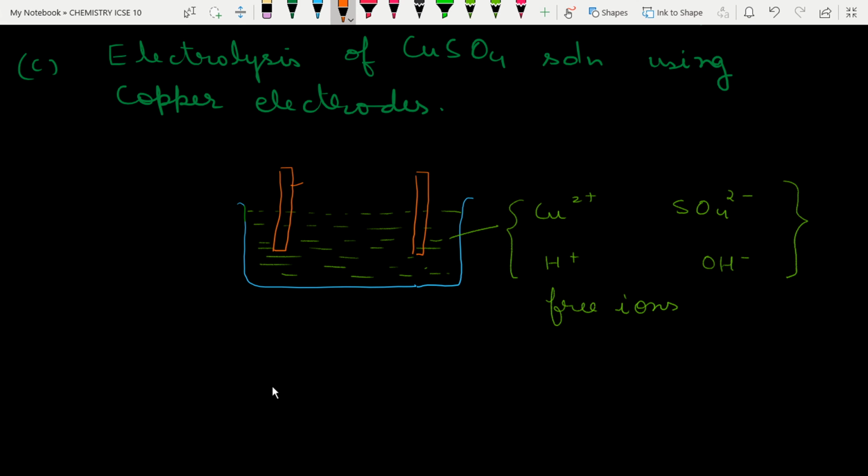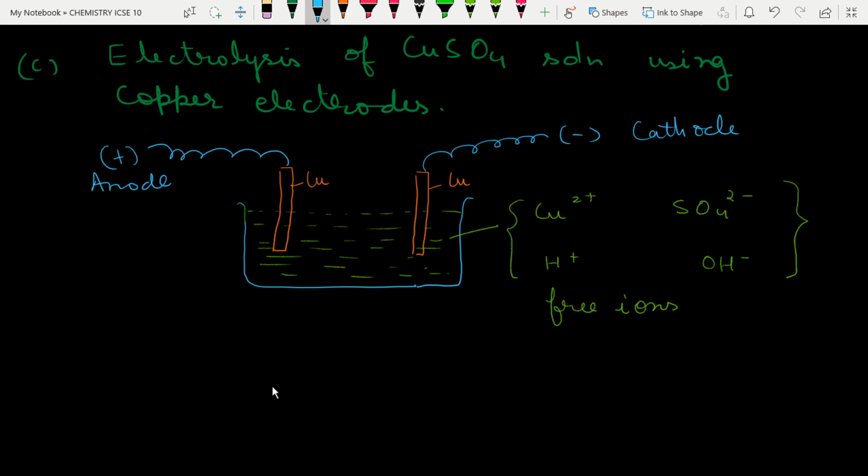We have taken copper electrodes and we have connected this with a plus. Plus is always the anode in the electrolytic cell, and we have taken this to the minus portion of the battery, and this is always the cathode. So you learn this one. What I am saying, you learn this one. Anode, positive, oxidation. Oxidation always occurs at the anode.